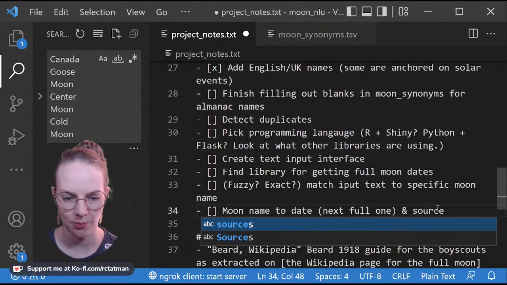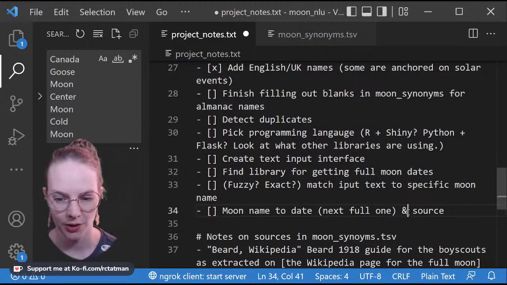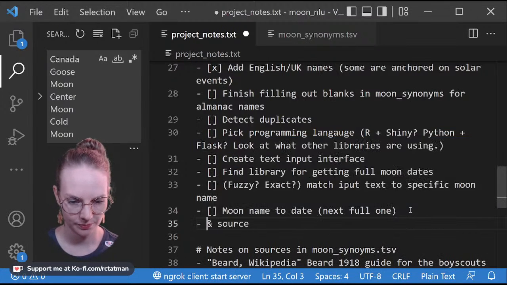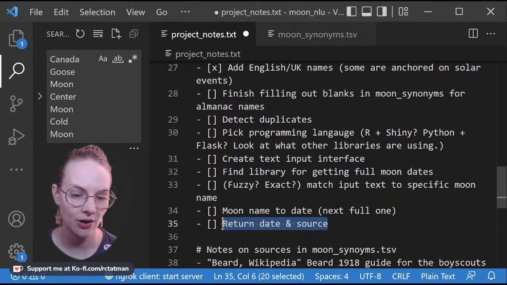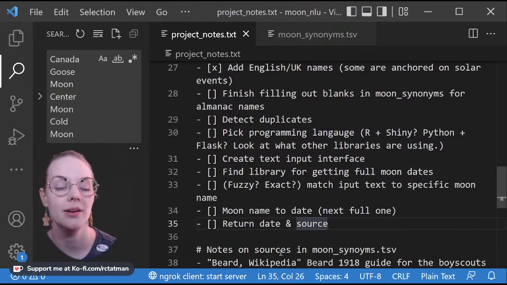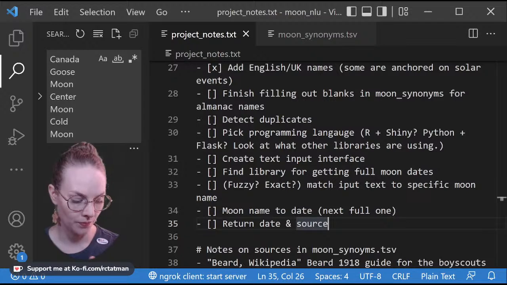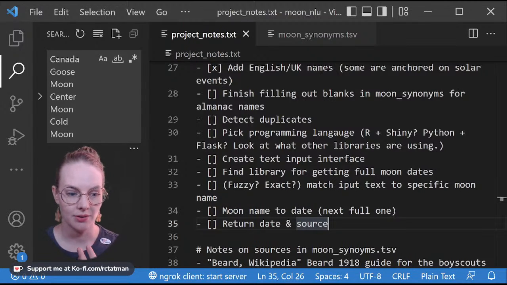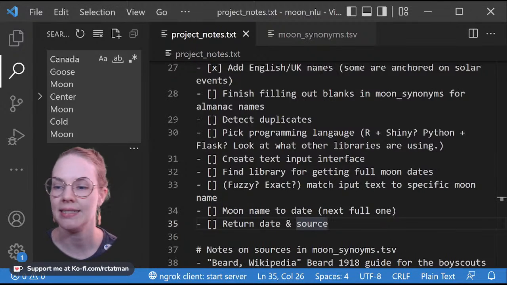I think it's also helpful to tell people what the source of that information was, because that might be particularly relevant to them. And then as we add more sources, we return the date and source. The reason I want to do this is, again, for me: if I get the English one, I know it's probably going to be a little less relevant for me than the Farmer's Almanac one. But if I start to include lots of different names from different tribes, the tribes that are physically closer to where I am are going to be the most relevant for gardening things, because the climate is going to be the most similar. So that's my general idea.